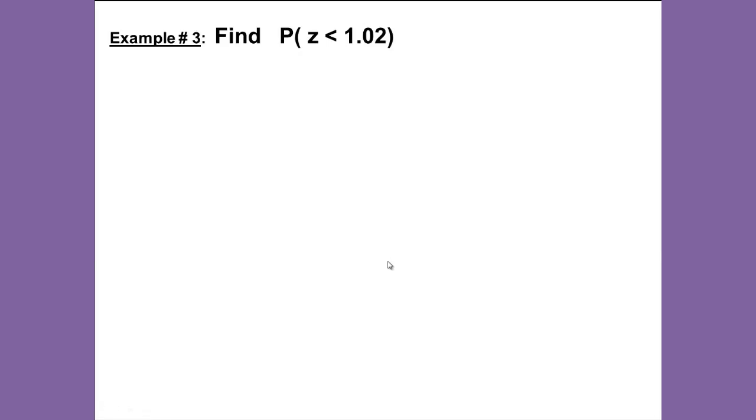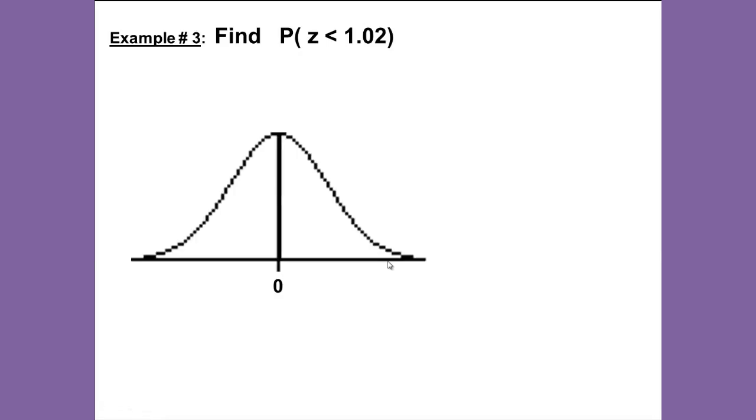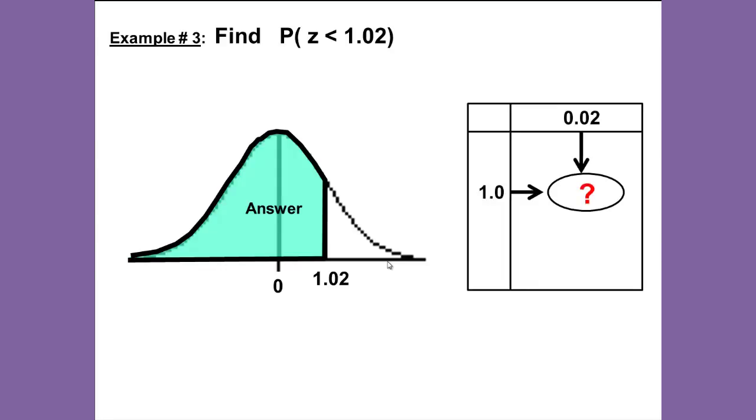In this case, let's draw the picture or the curve first. Draw your standard normal curve with 0 in the center. Mark off 1.02, and since it's less than, we will shade to the left, and that will be important as a shortcut to help us remember: less than, left, both with L's. Then, since we're shading to the left, let's look up in our table